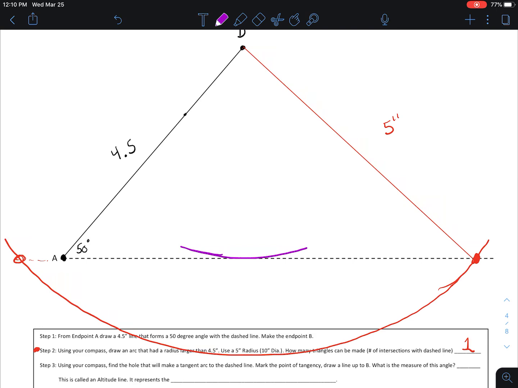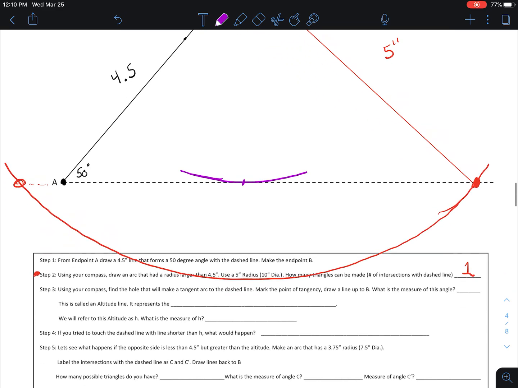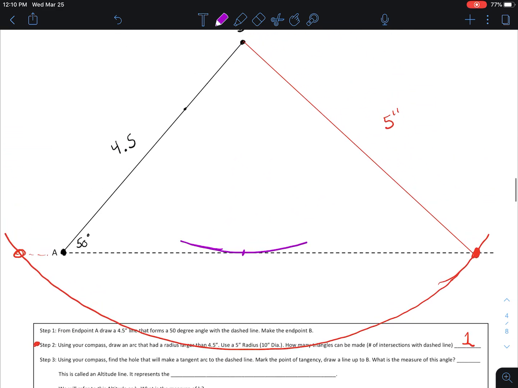And we want to mark that point of where it would be and try to determine the angle that could be formed at that point of tangency. All right, so I'm trying to determine, looks like my point of tangency is about right there, roughly where